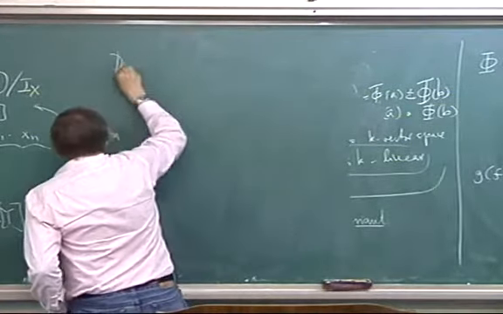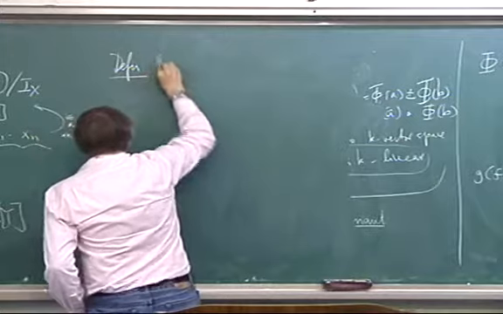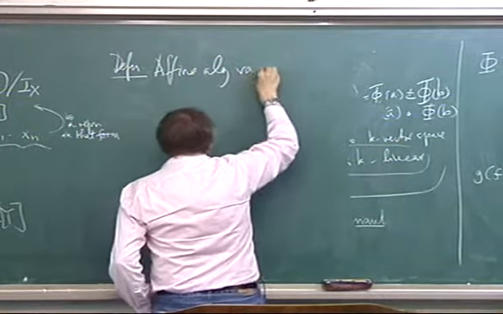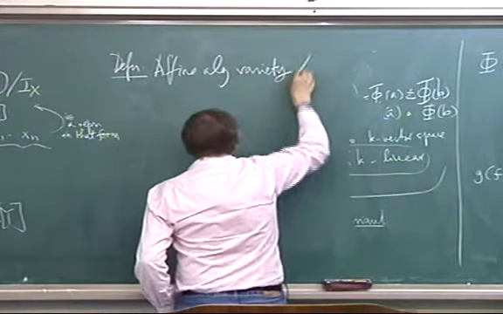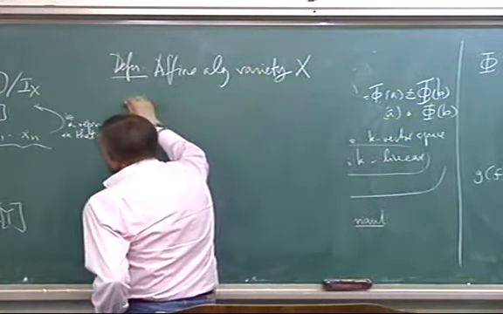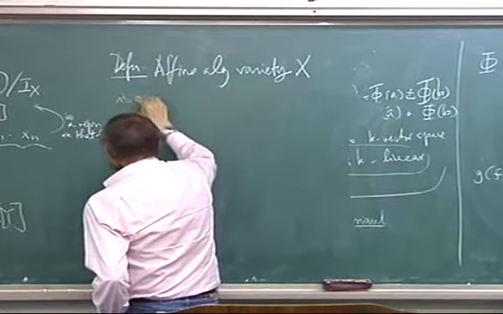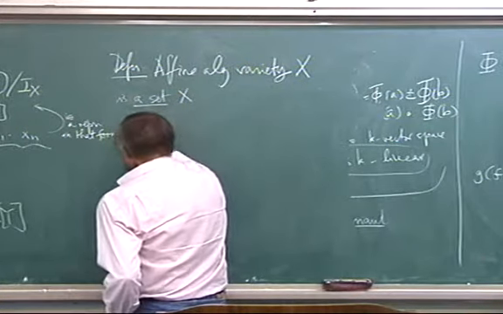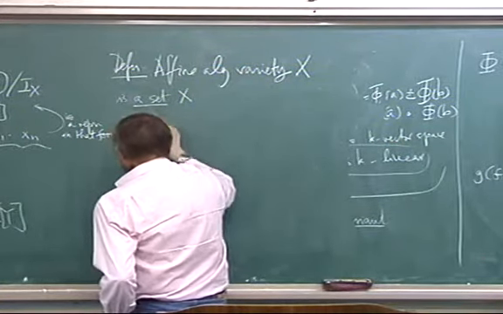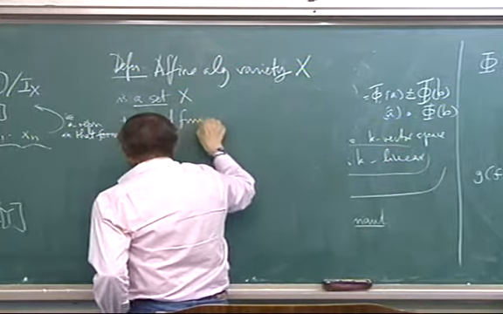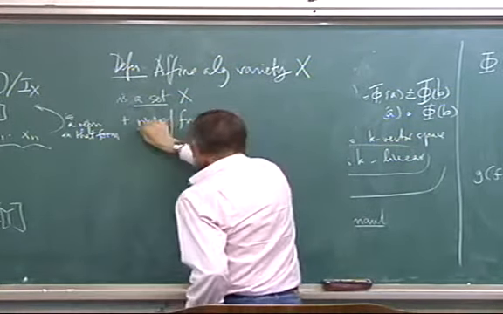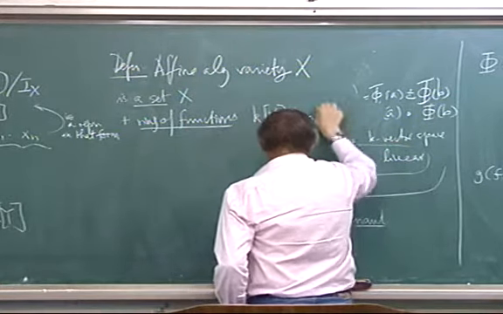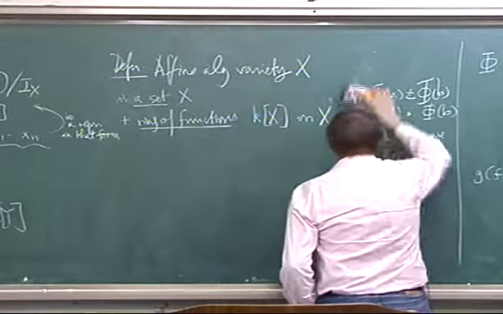So, definition: an affine algebraic variety X is a set X plus a ring of functions K of X on X such that